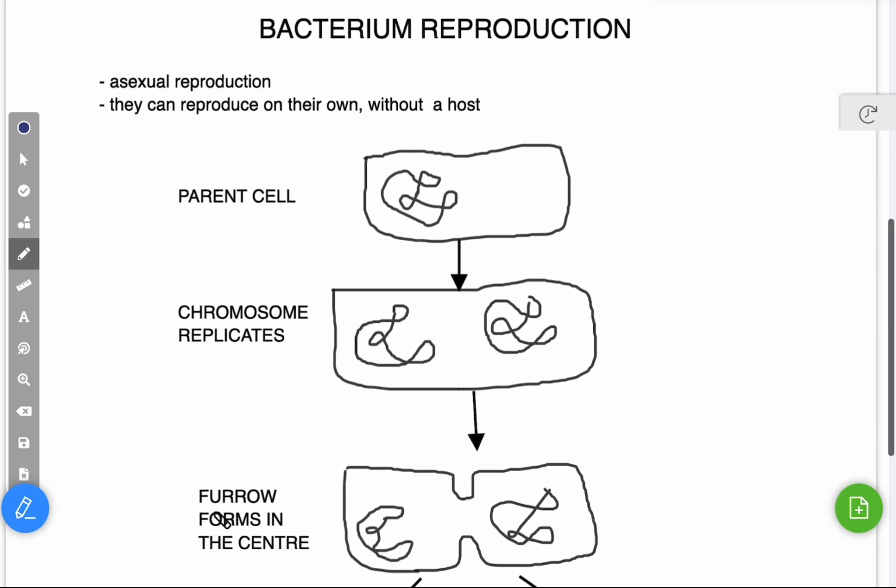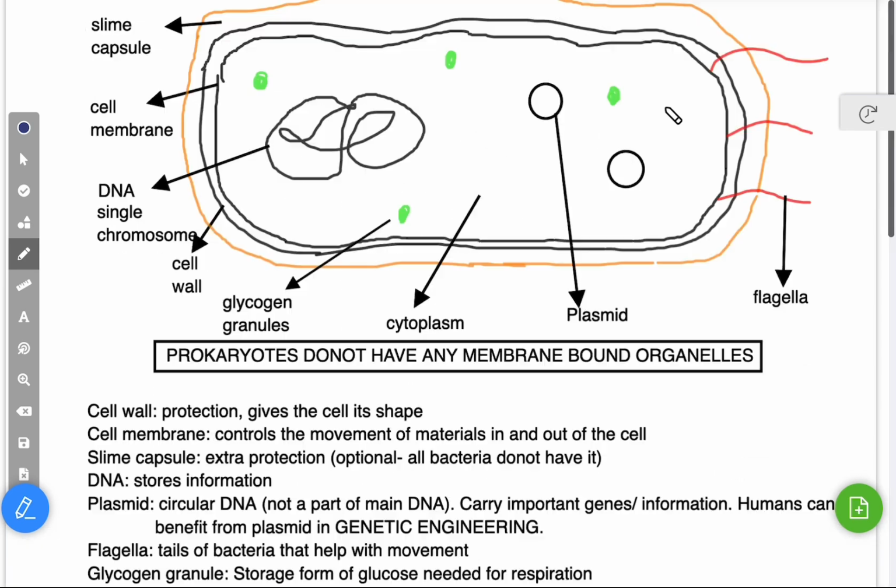They reproduce by the process of asexual reproduction. Also they can reproduce on their own. They don't need any host cell for that. So one parent cell, it's going to make 2 new cells, and for that their DNA will basically divide first. So their DNA replicates, their DNA forms 2 DNAs, and then later on it's going to be dividing into 2 cells. Okay, so where we